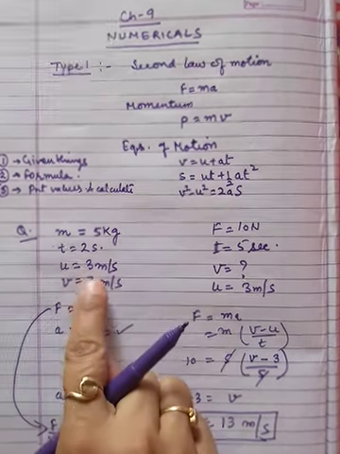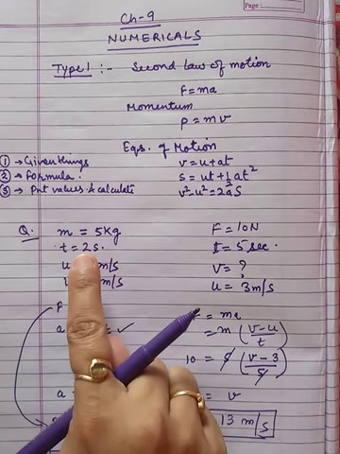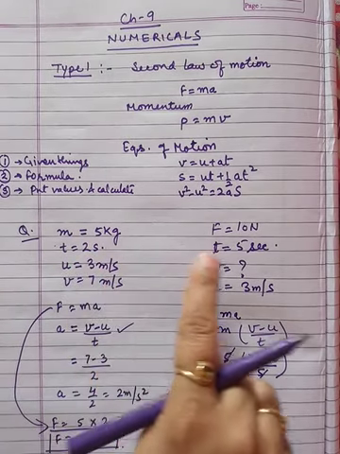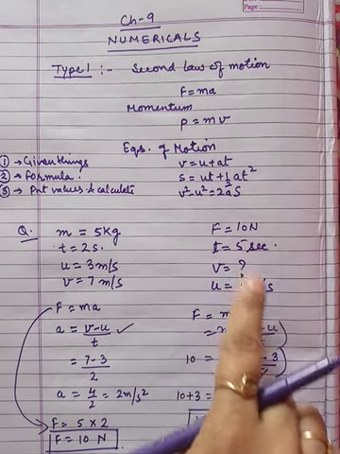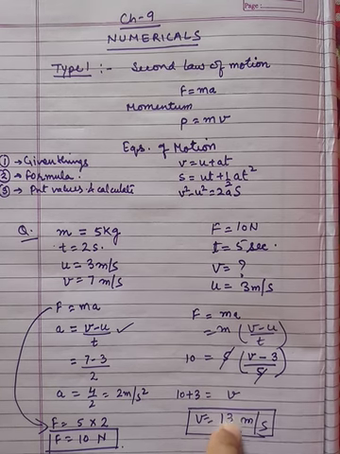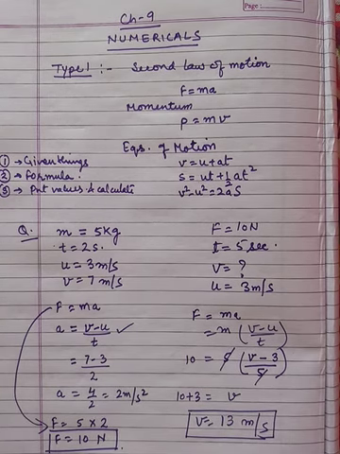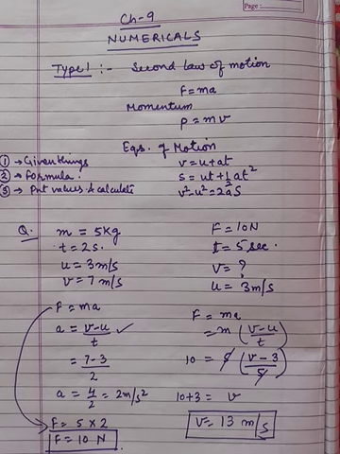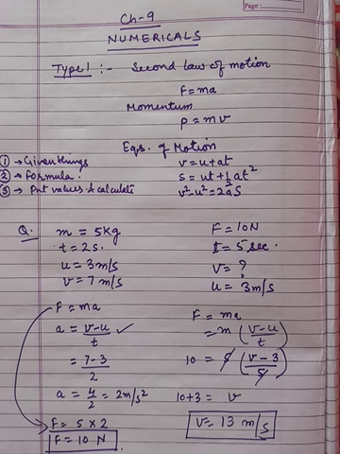Earlier the final velocity was 7 on applying the force for 2 seconds. Now for applying the same force for 5 seconds, the final velocity has become 13. That means it is correct. It should increase. When we are increasing the time of application of force, then the final velocity should definitely increase. I hope it is clear.